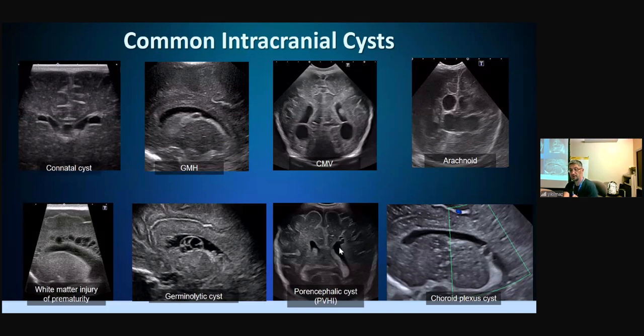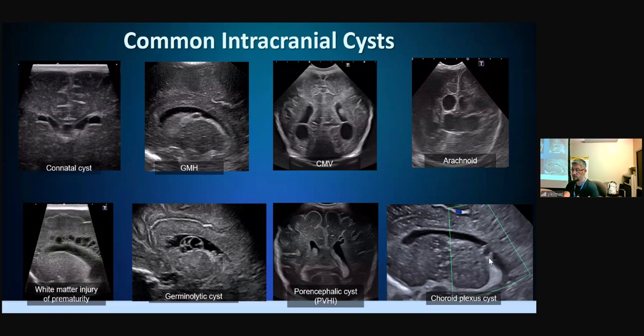They are secondary to periventricular hemorrhagic infarction. So you know that there was a prior hemorrhagic infarction and they merge with the ventricle and they leave this cyst. It's called porencephalic cyst. And